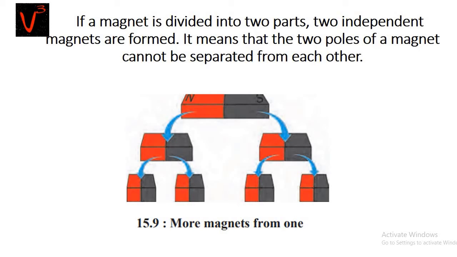If we further cut the bar magnet, again we will get two poles. So this is going to happen as many times as we cut the bar magnet. The big bar magnet is cut into two pieces. The next two pieces again have north and south pole. Again, when it is cut further, we again get north and south poles. That means we are always going to get two poles at the end. Those two poles are north and south.